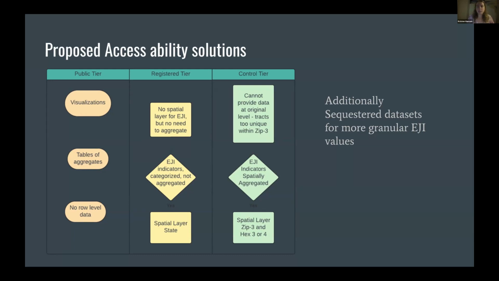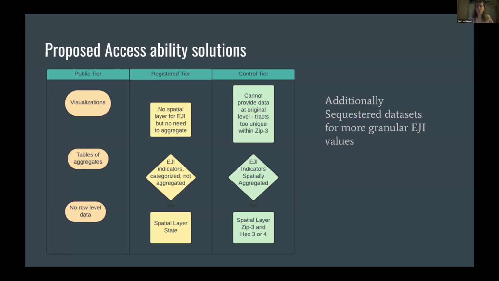I'll talk a little bit about this in one of the following slides, but because we want to have a relatively consistent size of the data or of the spatial domain, some sort of gridding is ideal. And because of the size of the United States and the curvature considerations, we are considering hex layers currently. We just really want to avoid zip3, because zip3s are not contiguous across the states and are not consistent in